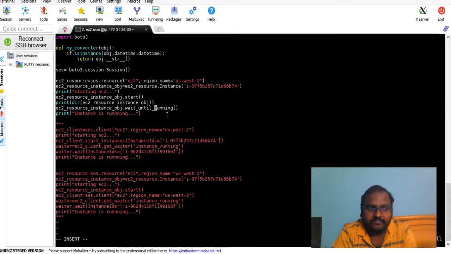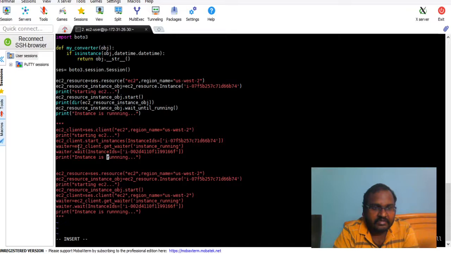But here, wait until running will do the same thing. Resource wait will make basically 40 iterations for every 5 seconds, total corresponding to 200 seconds. So this wait until running defined on the resource instance object will wait for 200 seconds,